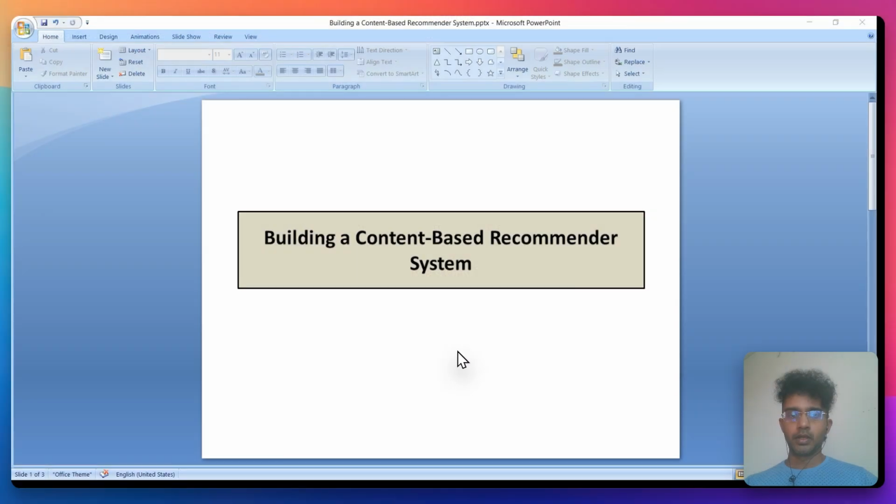Hey there, welcome to another interesting workshop, this time on a topic called building a content-based recommender system. As the name implies, what we're going to do in this workshop is build a recommendation system for movies. So we're going to take a movies data set, and what this system is going to do is, based on a particular genre,